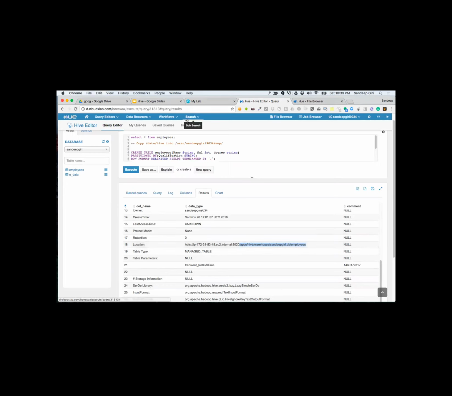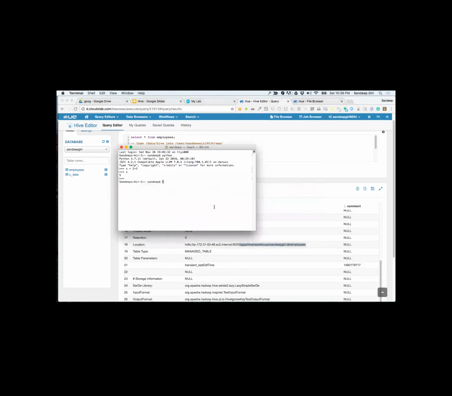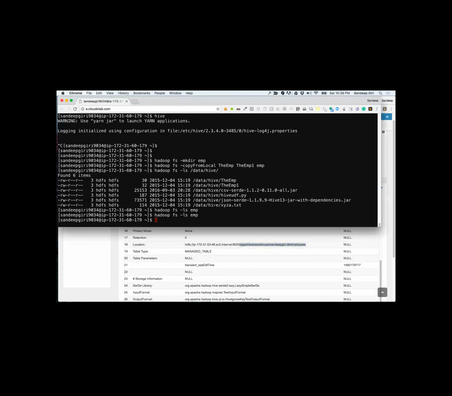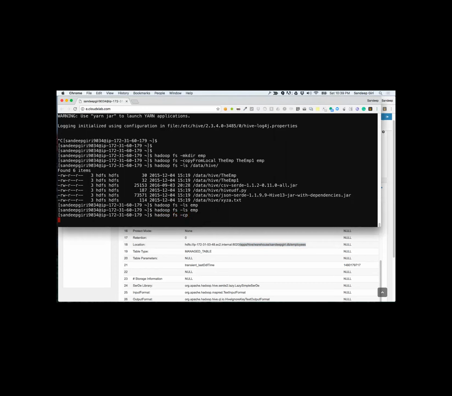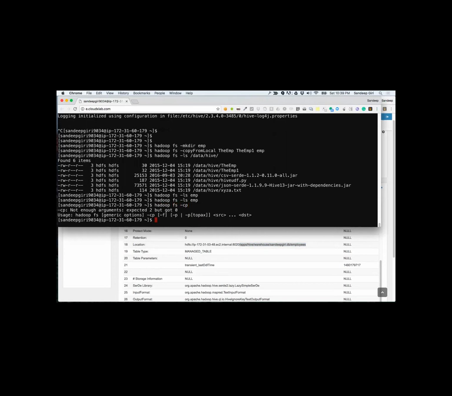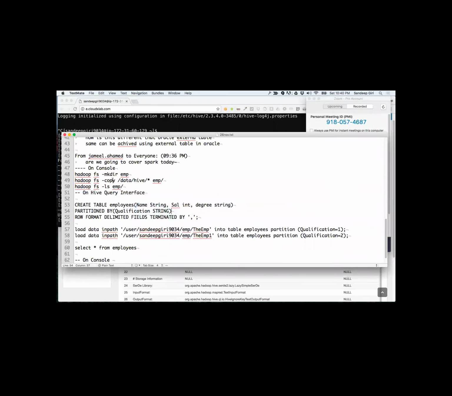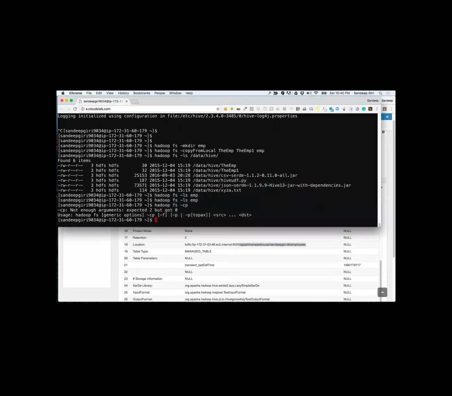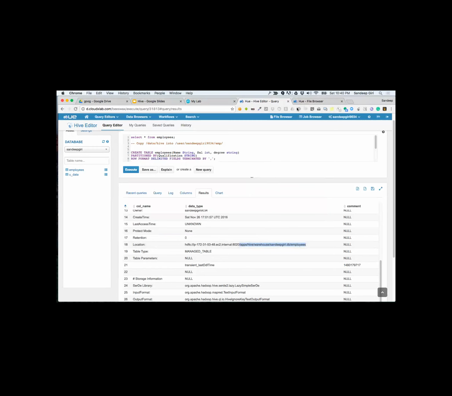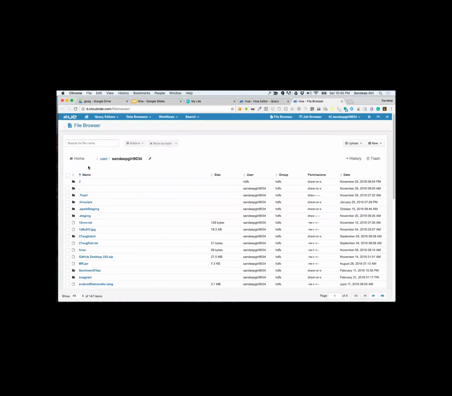Okay, sorry, I think you'll have to use -cp. So Hadoop fs -cp. Yeah, instead of copy, use -cp. All right, here -cp. So let's take a look at how this warehouse looks.